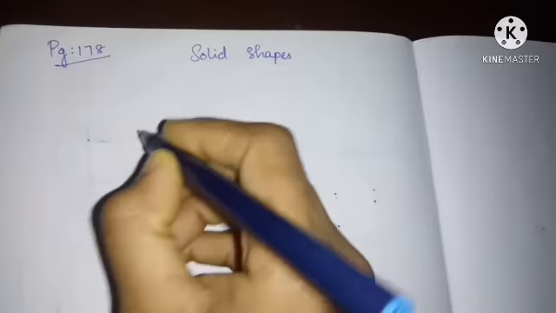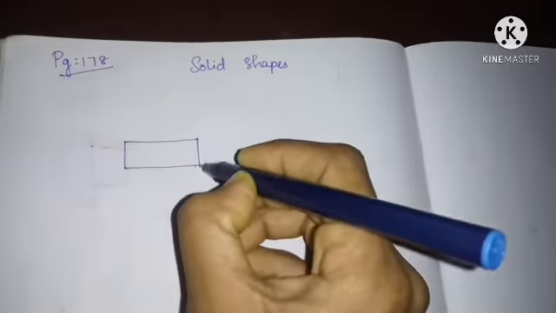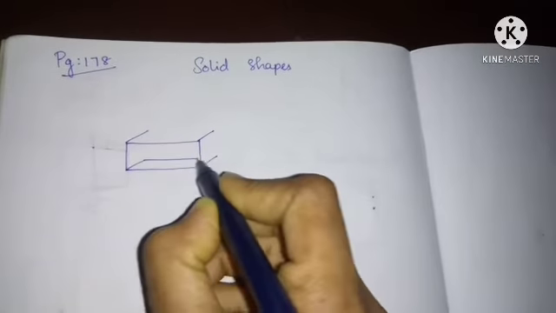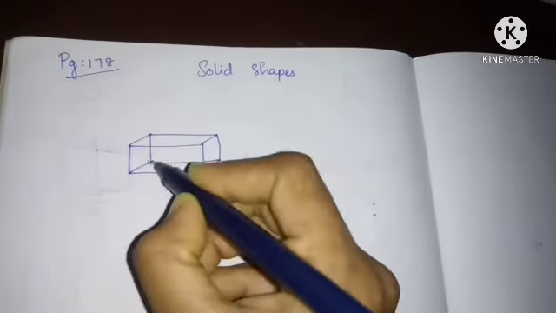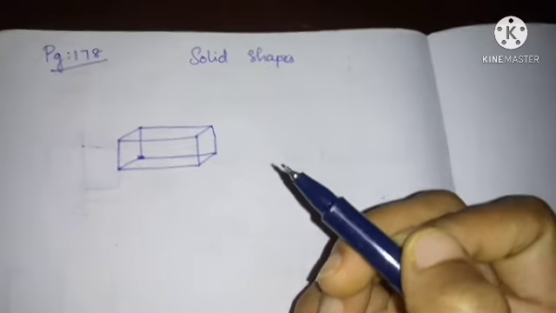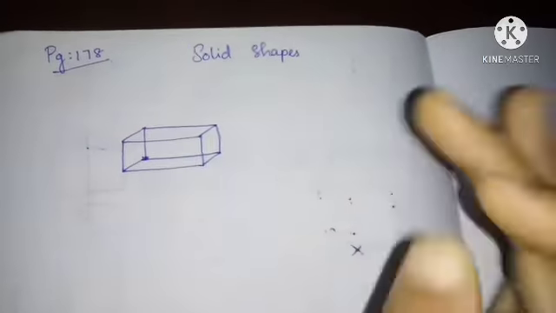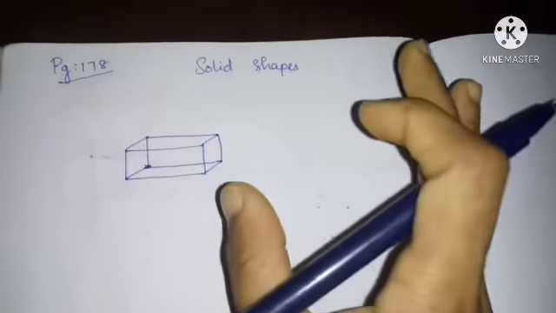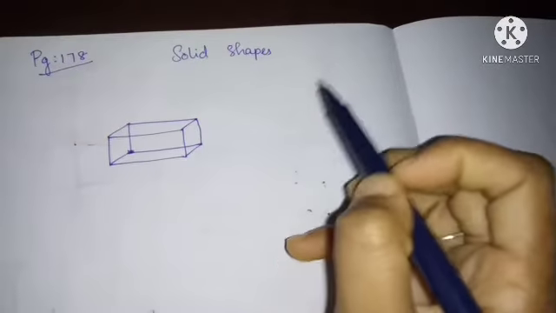First, I'm going to draw a cuboid. This is your cuboid. A cuboid is a three-dimensional shape made of rectangles. Yes, it will have rectangles. Using a few rectangles we are going to frame a cuboid. So in the textbook, on page number 179, you can see